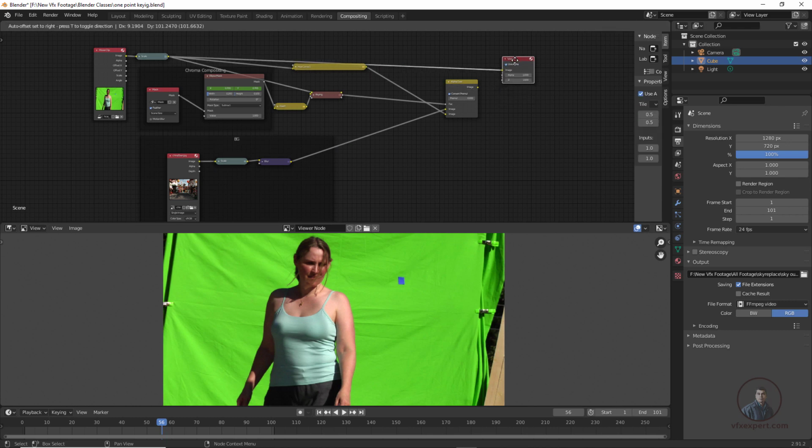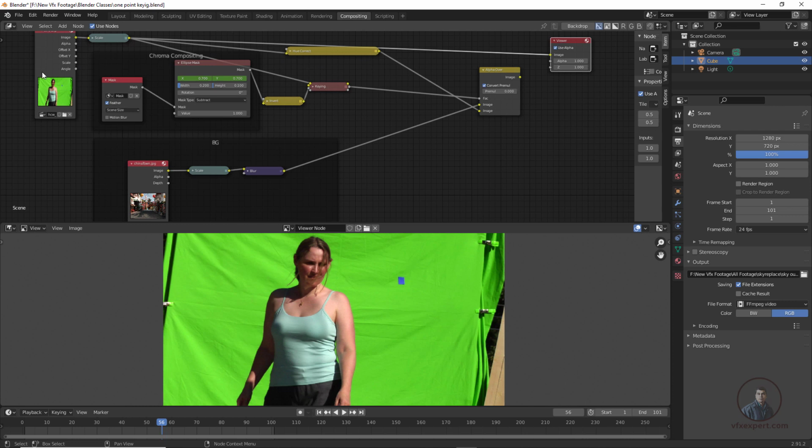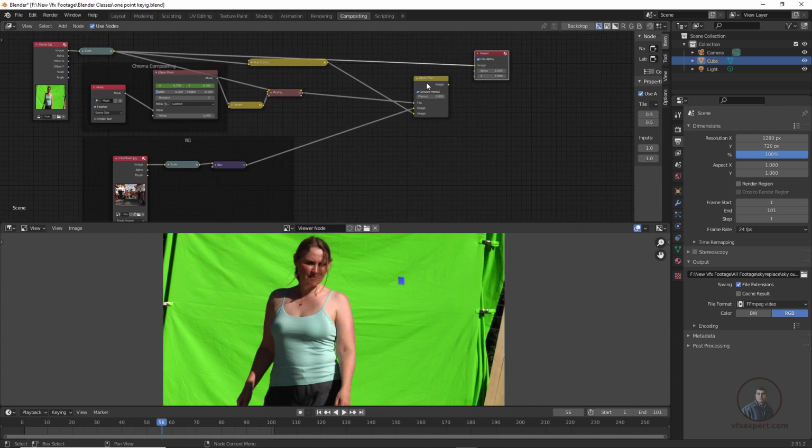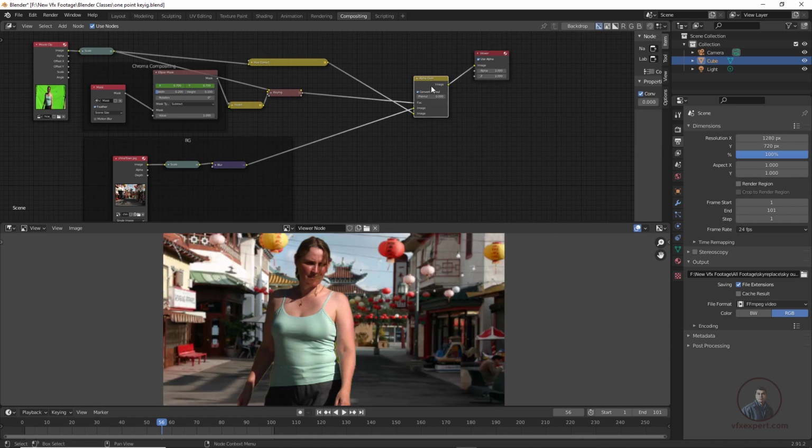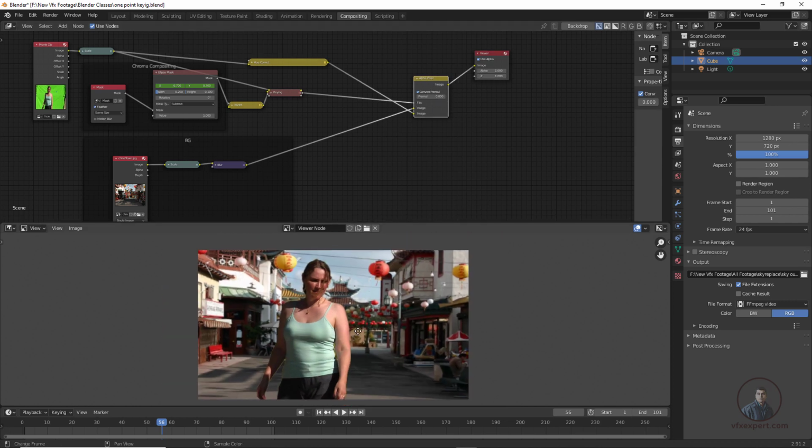Finally, simply view our output here. This is our compositing. This is our final output. Again press Ctrl and Shift and click here. This will connect your viewer with our final compositing. So you can see here.